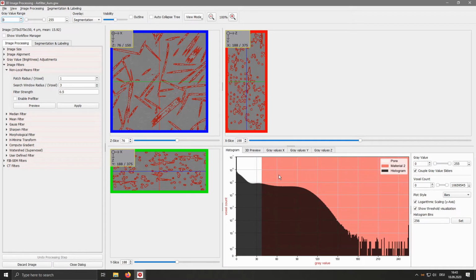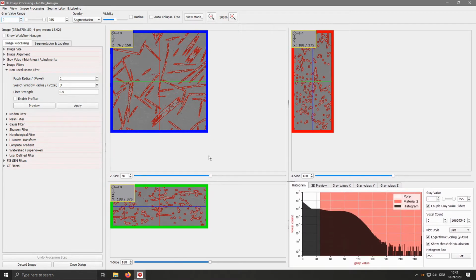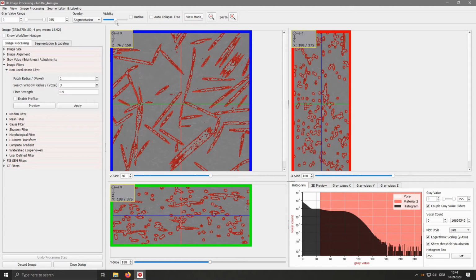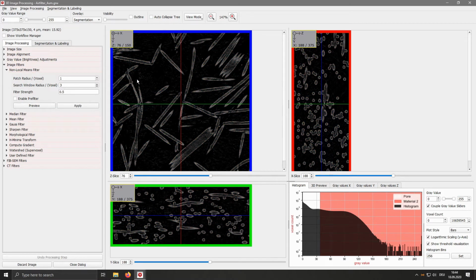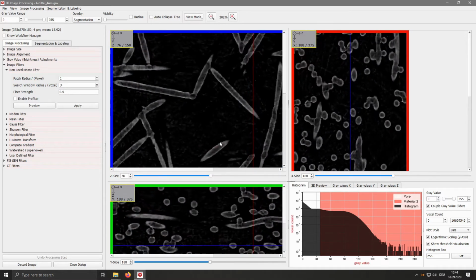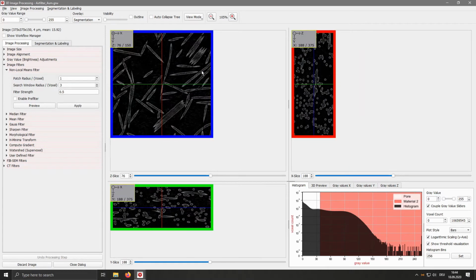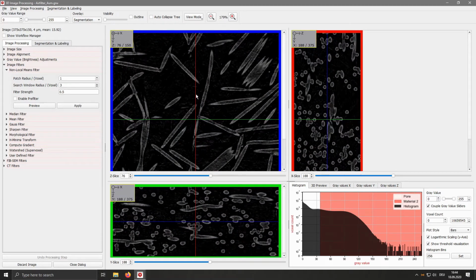As you can see, this is a fibrous media, and we again move things around a bit to zoom in on the XY plane. First of all, we disable the overlay, and you can see the fibers look as if they are hollow, and there's some noise in the pore space. The fibers look as if they are hollow, but they aren't actually hollow. I confirmed this with our filtration expert, and what we see here is only an edge enhancement effect, because originally this CT scan had a much higher resolution. I sampled it down to get to a size that we can handle in this workshop.